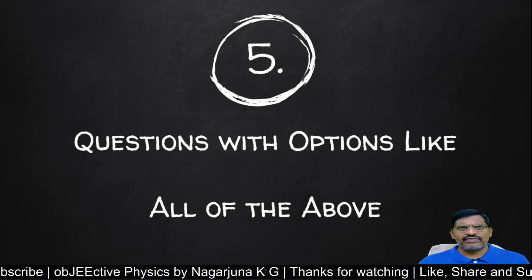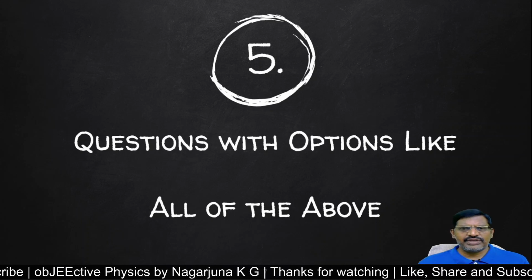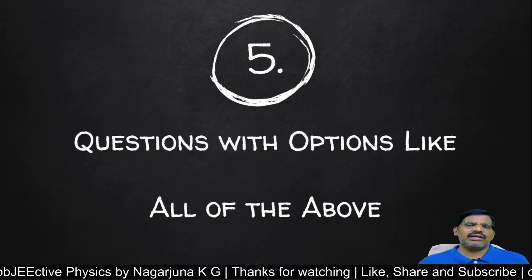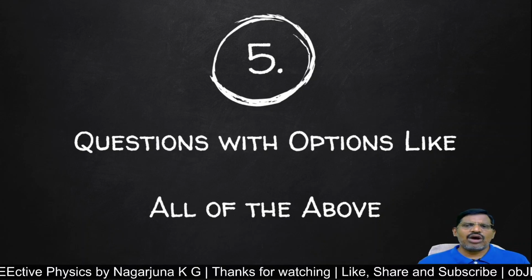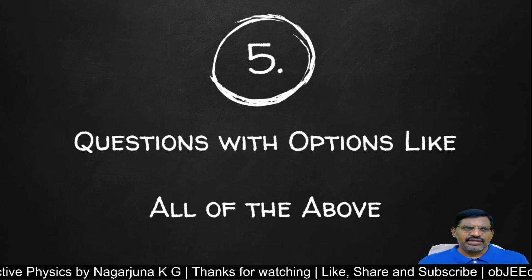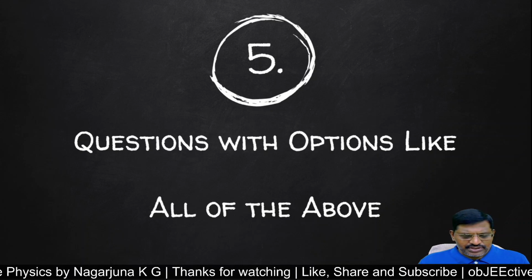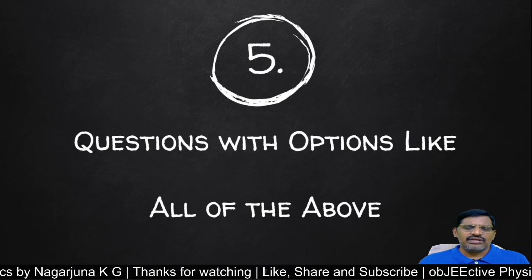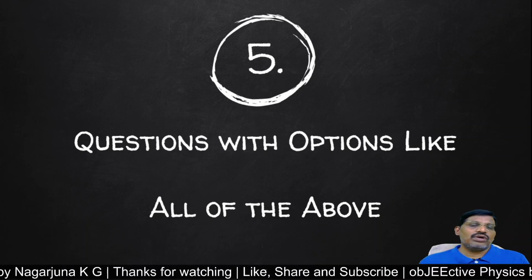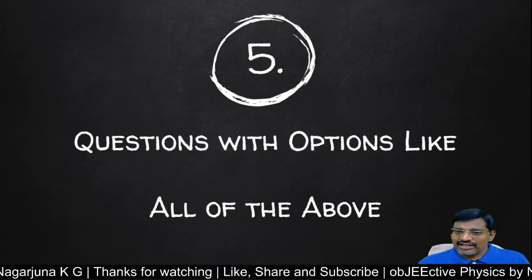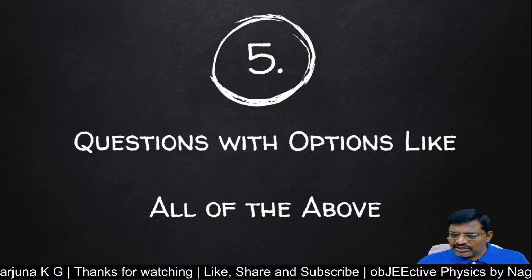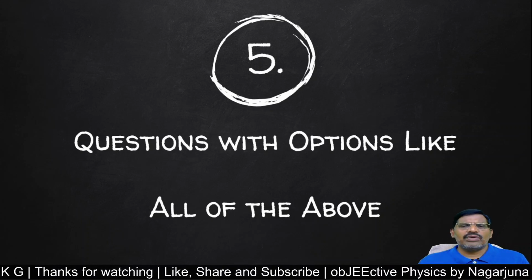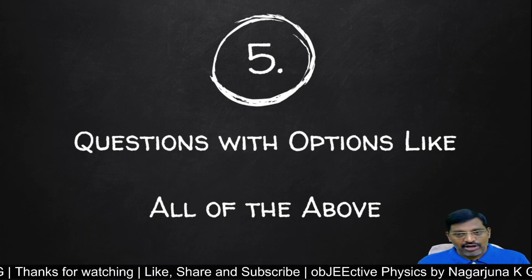When the paper setter, the examiner, is preparing the question paper, sometimes he may have some difficulties adding options. In that situation, you compare the options: you check the first option, second option, third option, and usually the fourth option will be given as all of the above. Why are all of the above or none of these given in the options? You think wisely, you read the question carefully, and in most cases this all of the above option may be the right option.